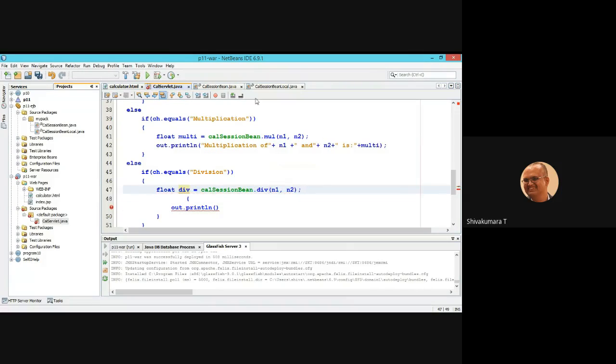Oh yeah, it is not a method, it is expected. Out dot println, division of n1 and n2 is division. Okay, this ends your coding.